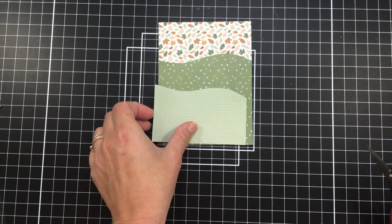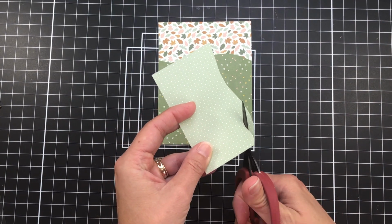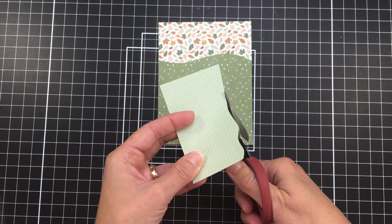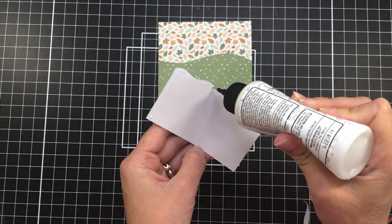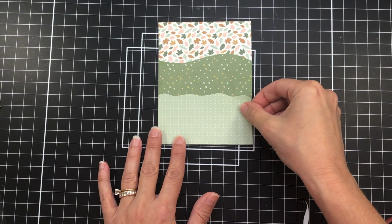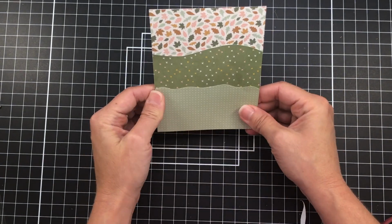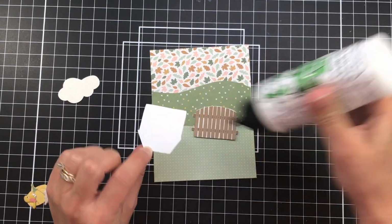And then I'm going to add the lighter green paper, but before I do, I didn't want to have the same direction on my hill, so I'm just going to change this up a little bit and put a little bit different curvature in that paper, and then I'm going to add that to the pattern paper as well. So it looks like I have some hillside borders in my scene, and then I'm going to add my die